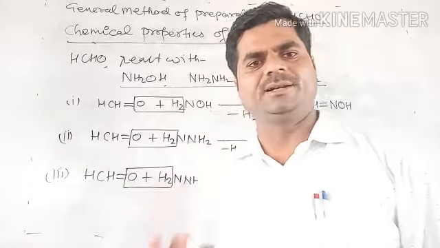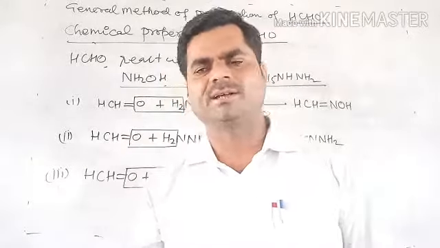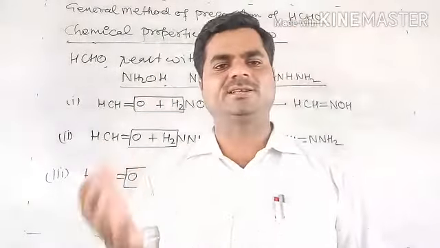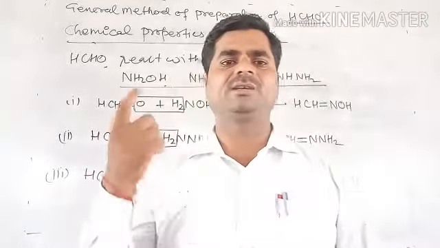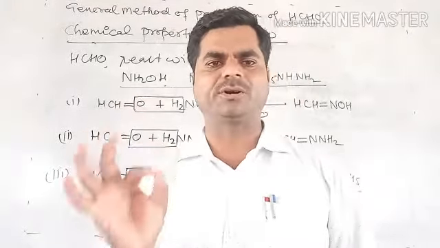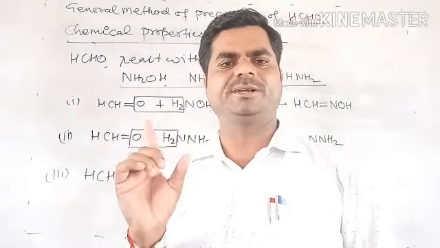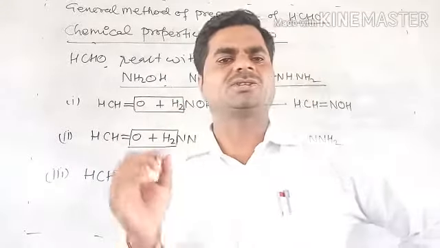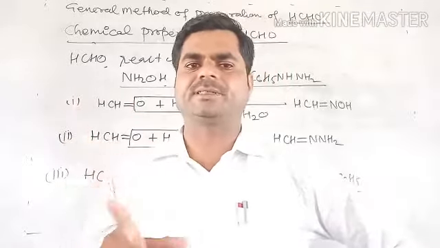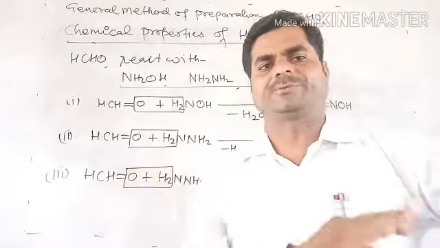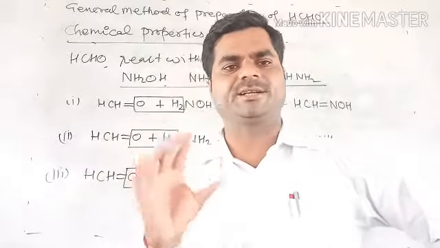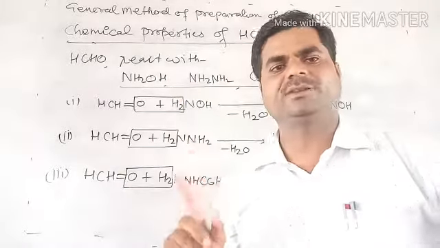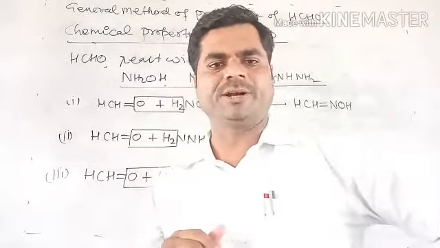Okay, dear students, this topic contains some most important reactions, just like Cannizzaro reactions. Now second, reaction with ammonia. It is a very important question that comes under formaldehyde. And once again I repeat, when formaldehyde reacts with ammonia it forms C6H12N4, it means hexamethylene tetramine. It is also called urotropin. Okay, that is the most important reaction of the formaldehyde topic. Cannizzaro reaction and reaction with ammonia, both are most important reactions.